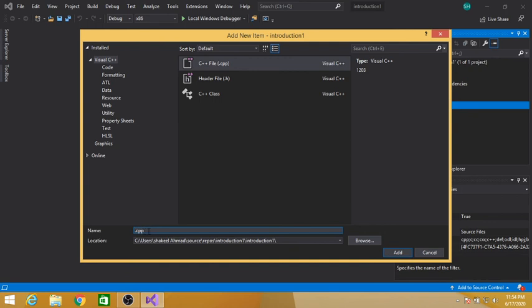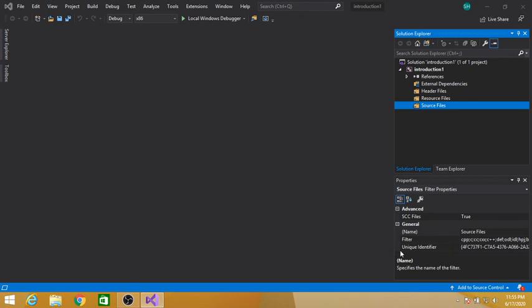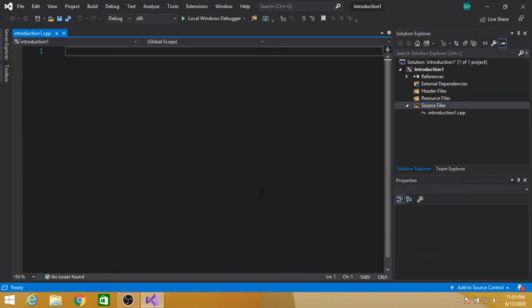Let's suppose introduction. Here we can change the location of our project. We can save it at any desired location. I'm going with the default. Click on add. Now a blank C++ file is added in our project.